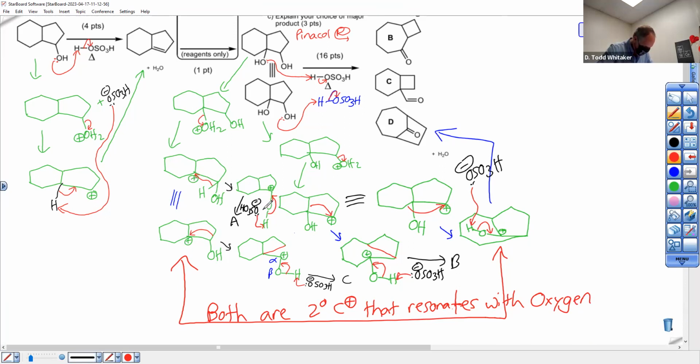This guy went to A. Yeah, that's the secondary cation. That's a primary. I don't know why I'm pointing to this. That's unrearranged. It can't resonate with O at all. I'm losing my mind. I'm sorry. It's okay. The comment was good. This wasn't pointing to the right cation. There. Both are secondary C plus that resonates with oxygen and